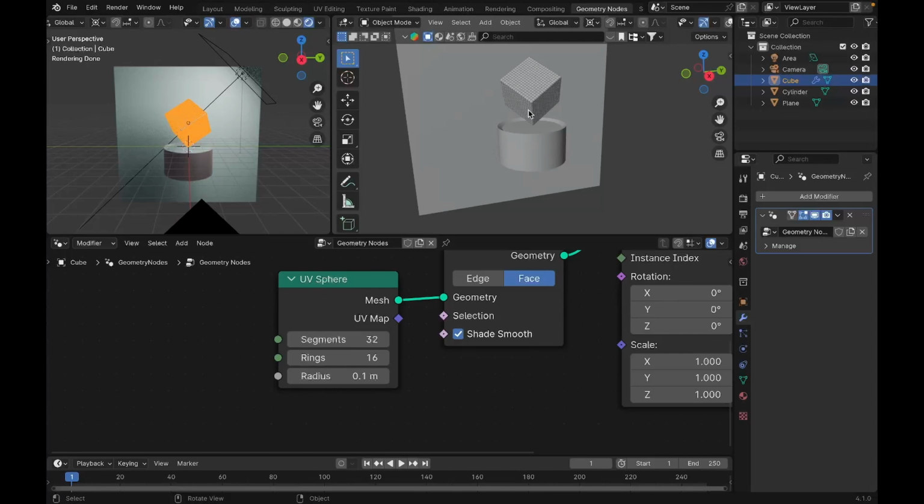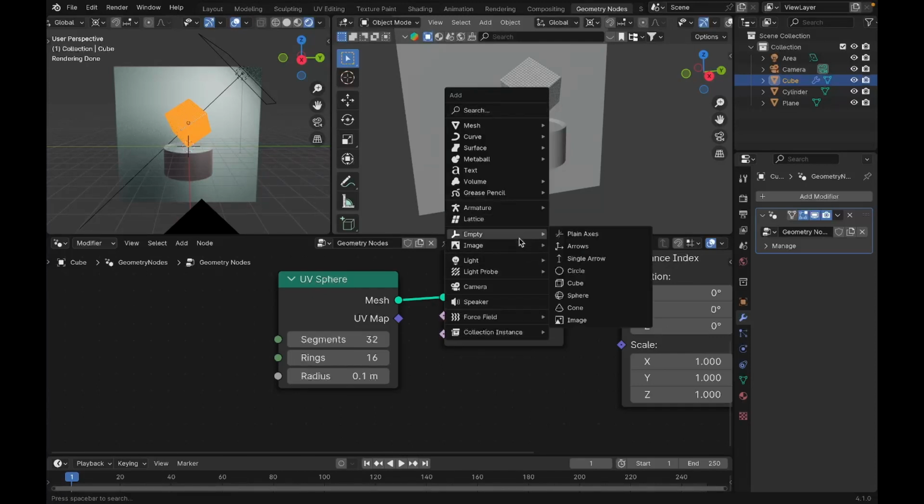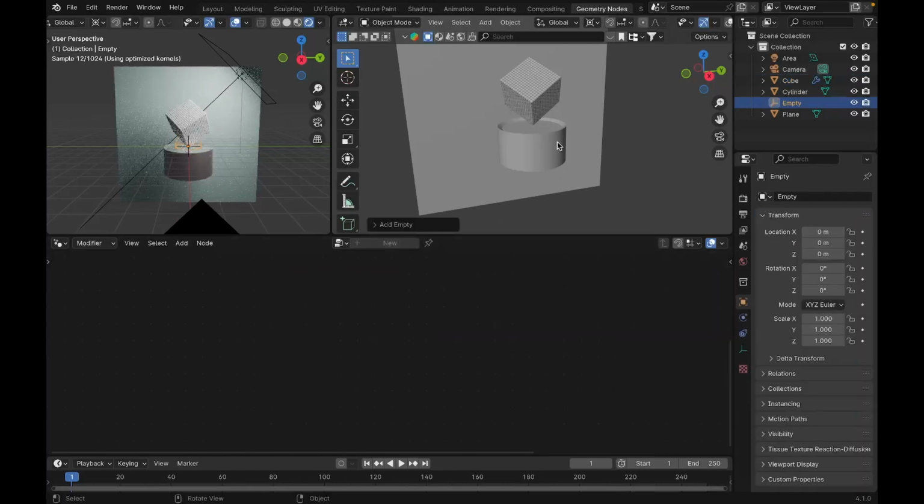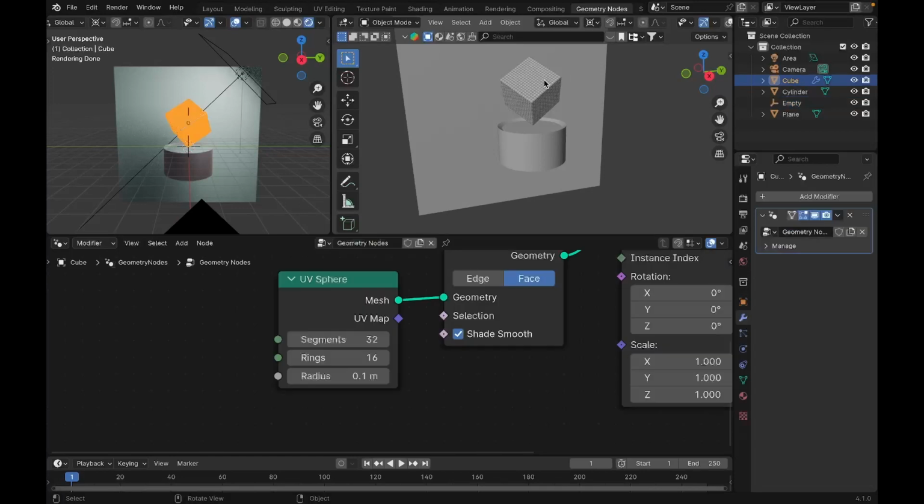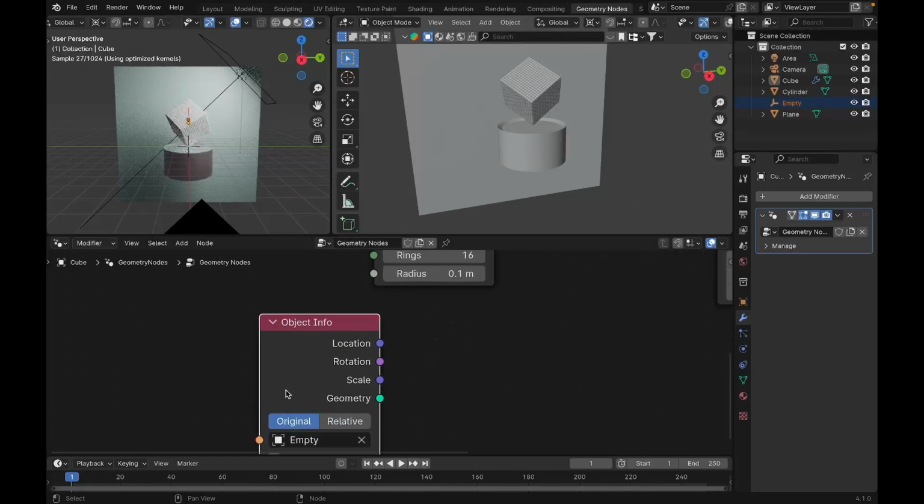And now we'll add an empty, and in my case it's gonna be a sphere. We can use whatever we want, so sphere is convenient for me. So you'll just add a sphere and make sure the sphere, the empty, is right in the middle of the cube like so, as you can see over here. And make sure you select the cube and just pull the empty from the scene collection over here and set this to relative. And now we'll add our math node